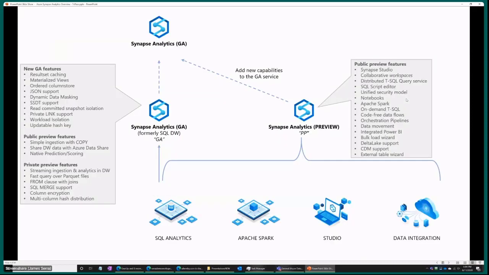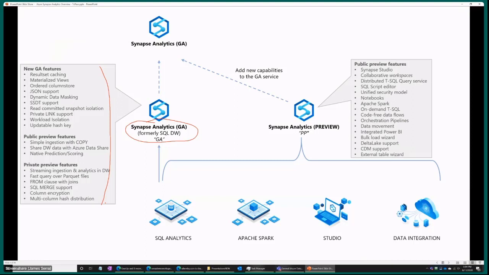The confusion comes in, immediately. Microsoft is very good at confusing people with their name changes. And this is where a lot of confusion came in, because we have Synapse Analytics as the name change to what was called SQL Data Warehouse, which is in GA. So that product had nothing but a name change. Now, there are many new features you see here on the left-hand side that have come and are coming into